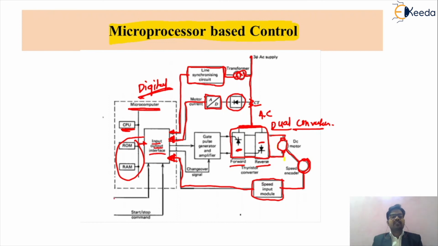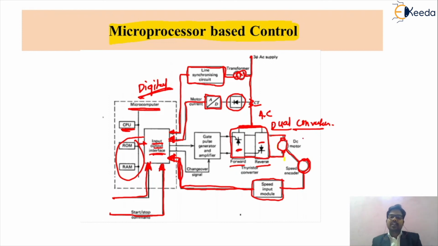So friends, we are giving the different input commands, that is a start and stop command, to your microprocessor by means of an external signal. So we are giving the input signal to that particular microprocessor. So friends, from that microprocessor, if we are giving the input module command of that particular speed. Now friends, we have to take one example.